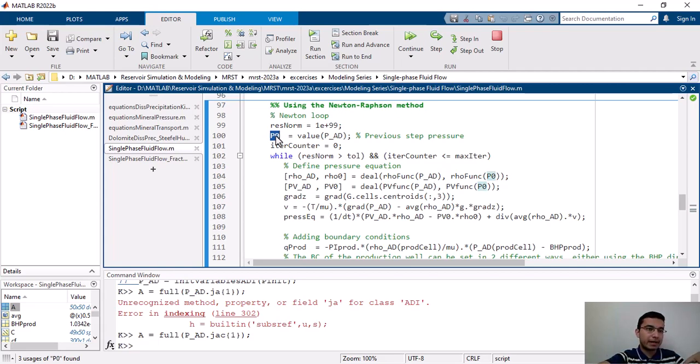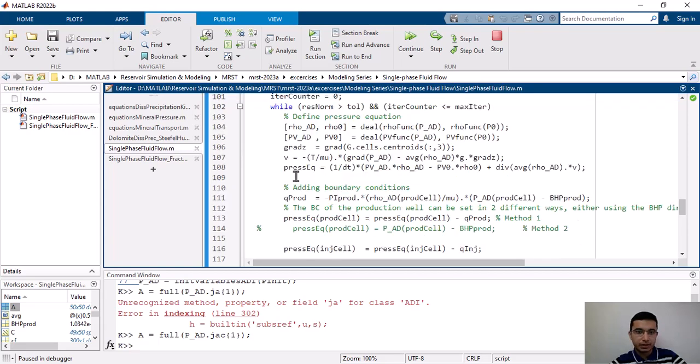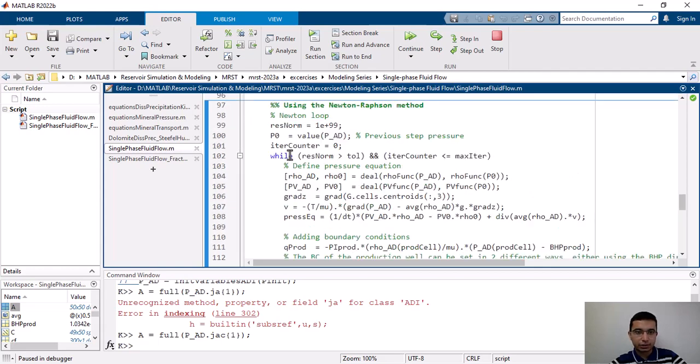For the third pass, this is the solution to the second time step. All right. Great. And I have initialized the variable iter counter in order to count the number of times this loop iterates. And this is the Newton-Raphson method,